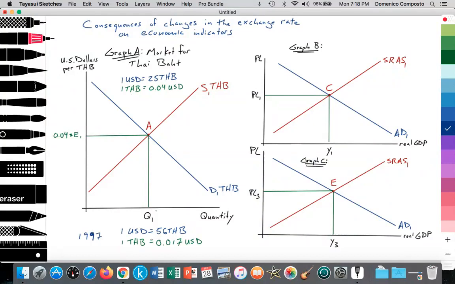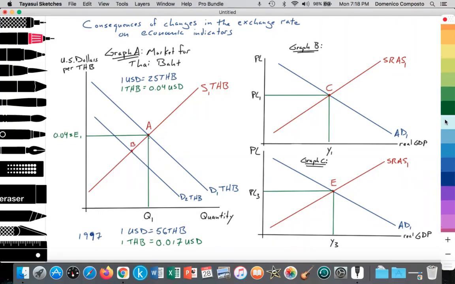where $1, instead of buying 25 Thai baht, can now buy 56 Thai baht, or 1 Thai baht is only able to buy 0.017 US dollars, almost 2 cents. So here we can illustrate, as we did before, a depreciation in the value of the currency. The Thai baht experiences a fall in demand from D1 to D2. Demand for Thai baht decreasing will take us in the long run to point B, establishing a new equilibrium